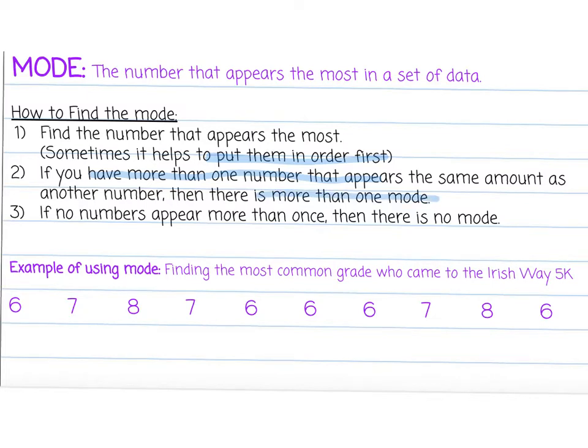So there can be more than one mode. If no numbers appear more than once, there can be no mode. So there can be multiple modes, there can be one mode, or there can be no modes at all. So an example of finding the mode is if we want to figure out the most common grade to attend